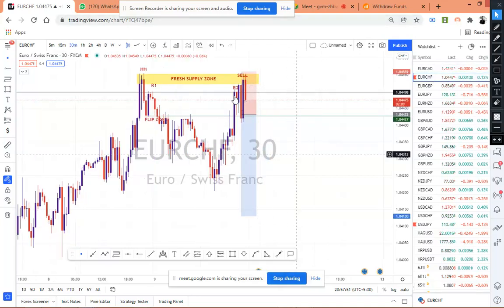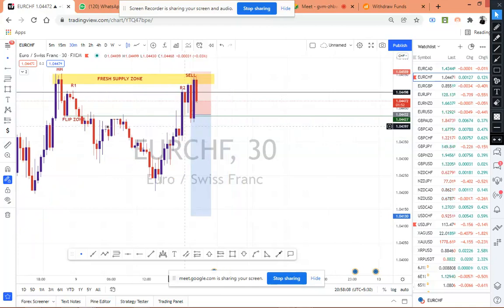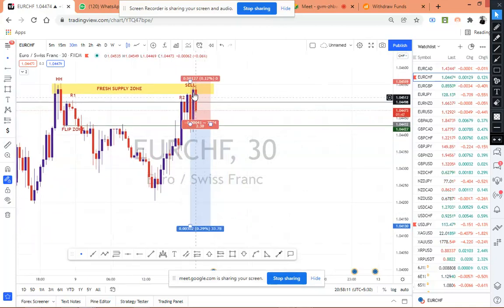Now, one thing is that if the market consolidates so many times at this supply zone, once you are in profit on that trade, close it. Once the market starts showing blue, close it. Okay, this is USDCHF. I can see very strong sellers entry. The market came back again to visit the zone,